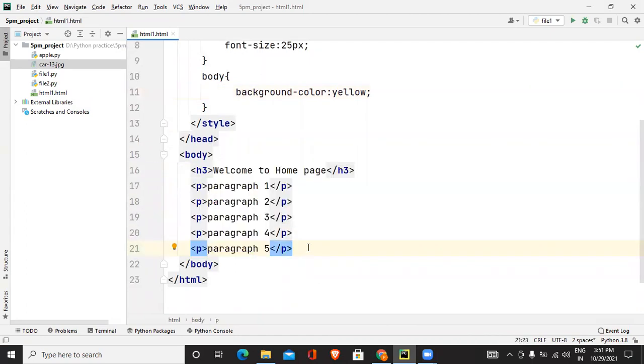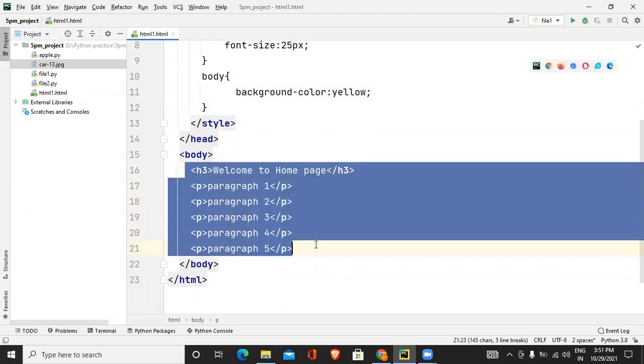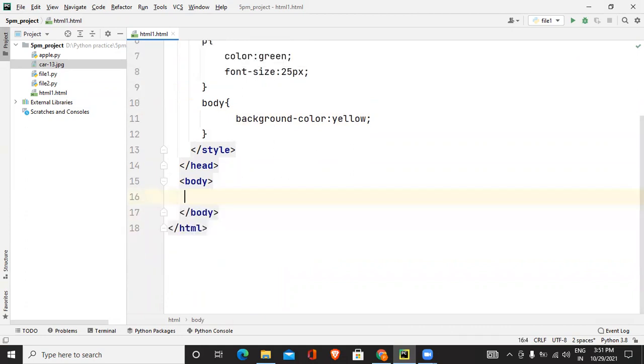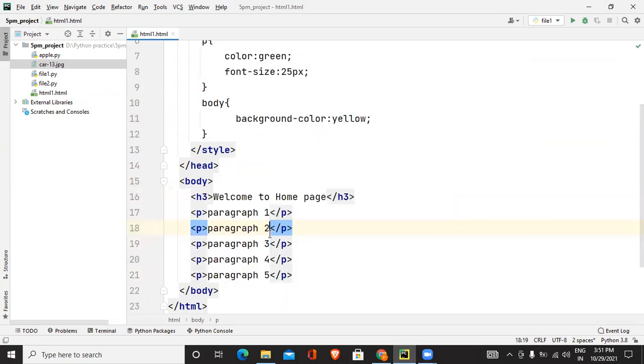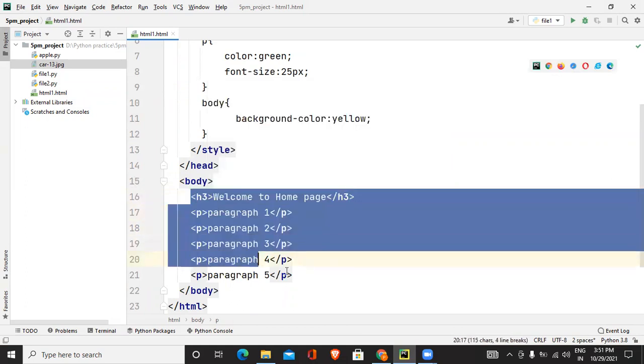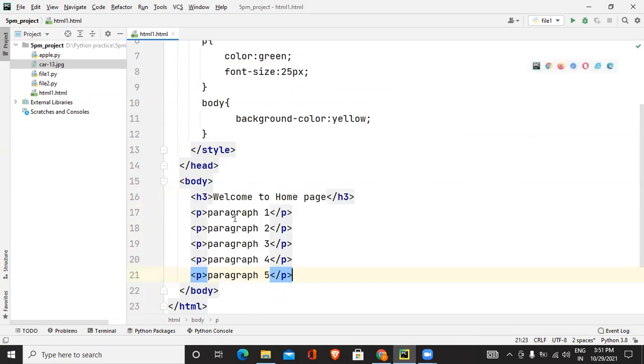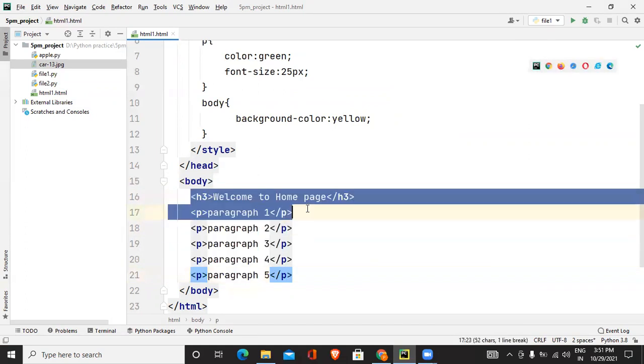Now suppose we have an H3 tag and 5 paragraph tags. Suppose you're saying that I want to represent each of them in a separate block. I'll explain. Suppose this two should come in one block.